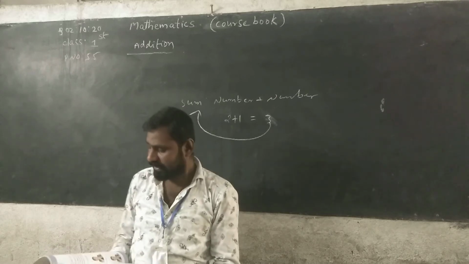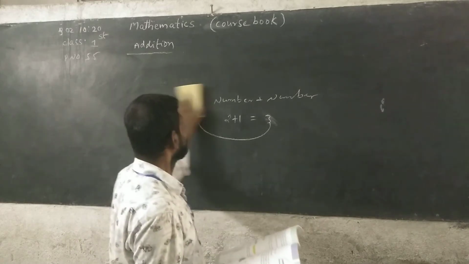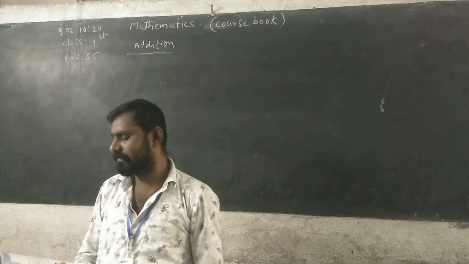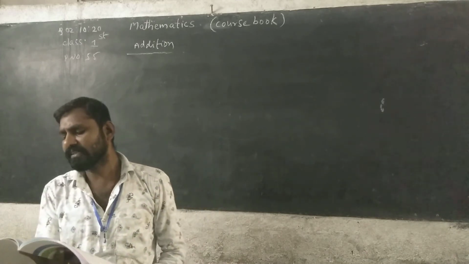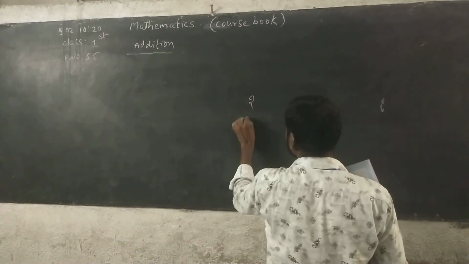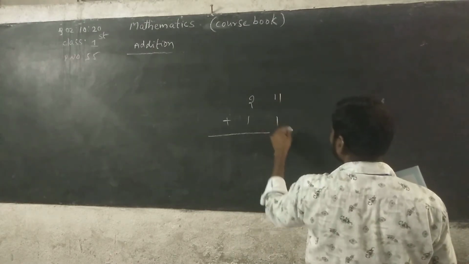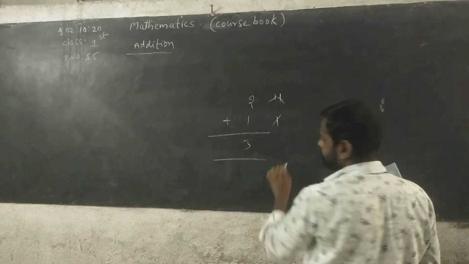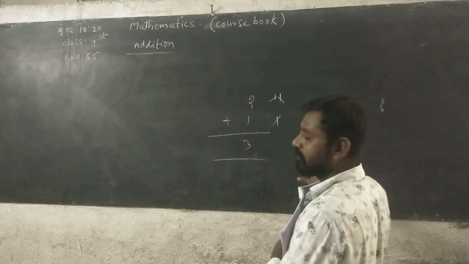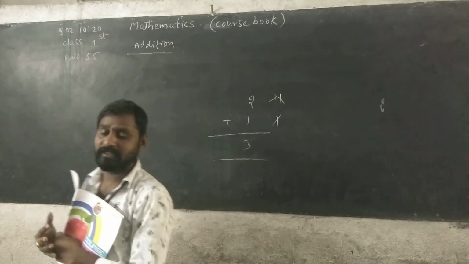That is sum. See here, let us see if you remember. Your fingers cannot always be used for addition, so here is another way. For example, 2 plus 1 means you take 2 and you take 1. You can count 1, 2, 3, write 3. Is this always needed? No. If some bigger numbers are given, how can you count it?